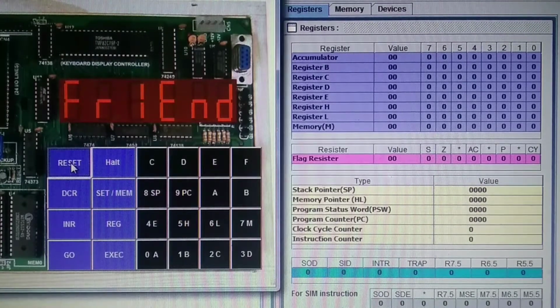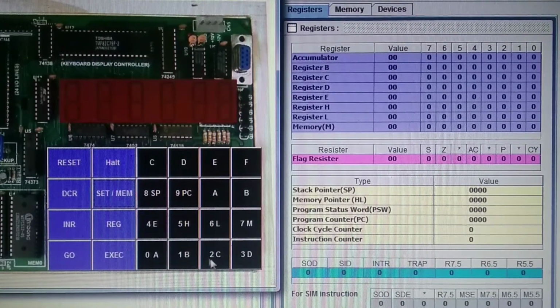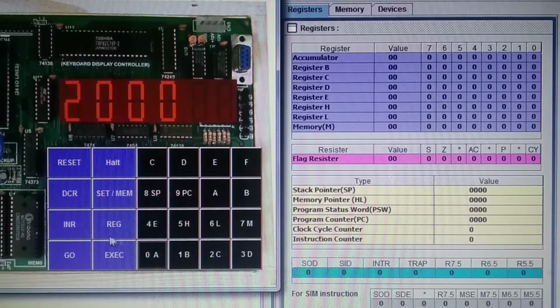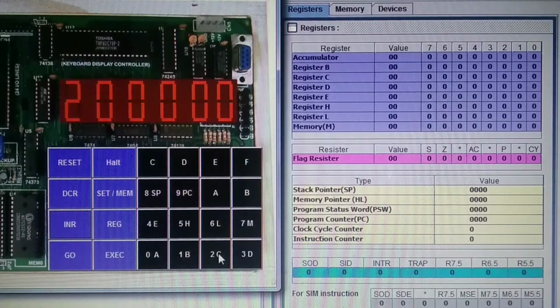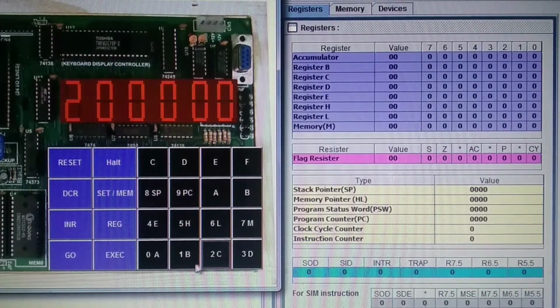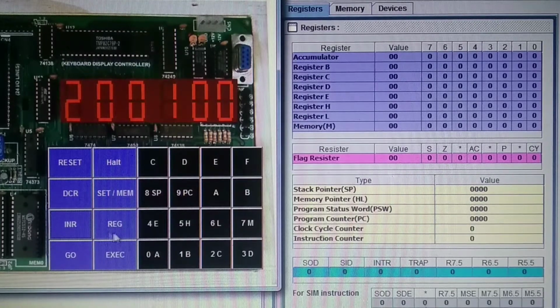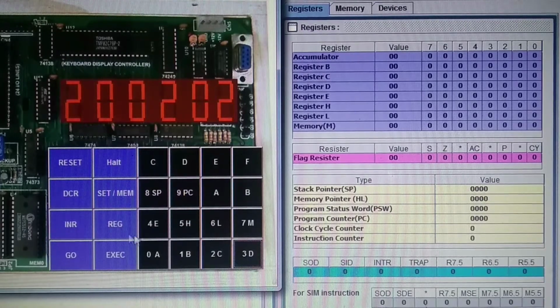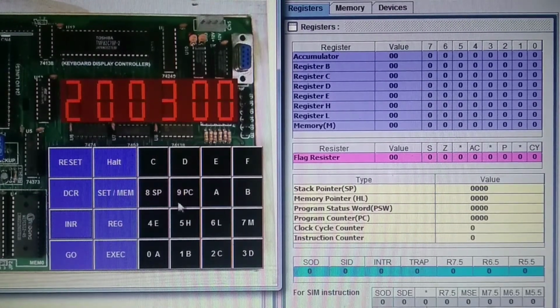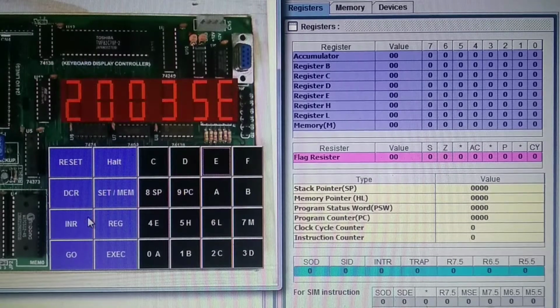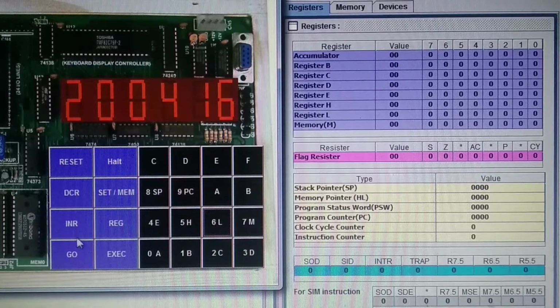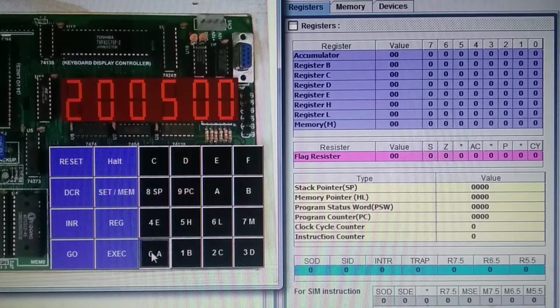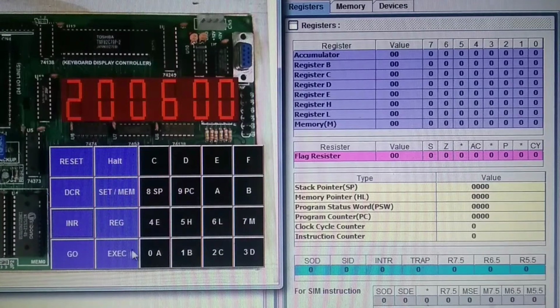Enter the program. Reset, set memory 2000. Increment 21. Increment FF. Increment 23. Increment 5E. Increment 16. Increment 00. Increment 23.